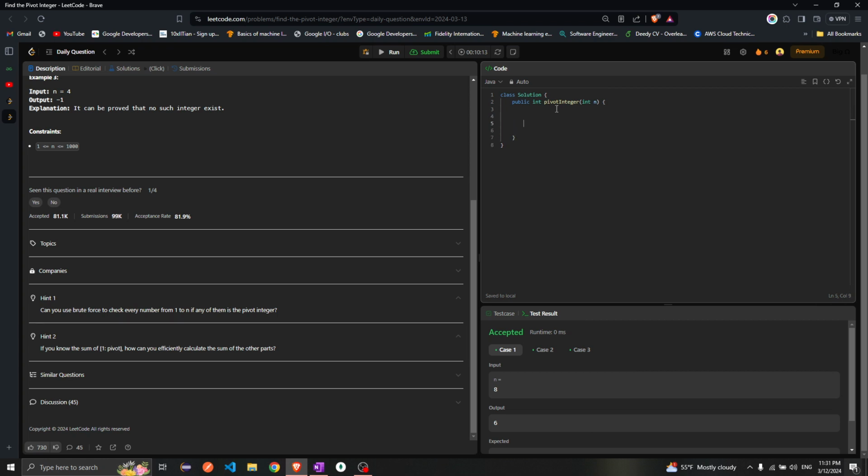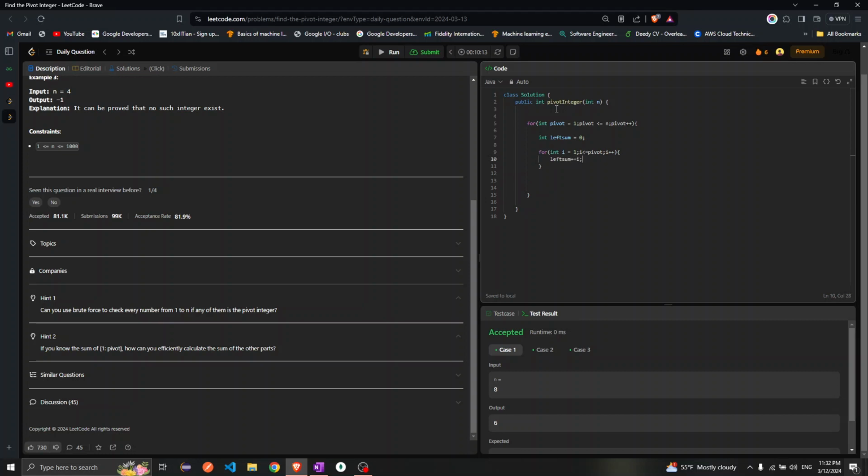So what I'll do is initially I'll take a pivot, int pivot equals 1. I'm sorry, my pivot starts from 1, pivot less than or equals to n, and pivot plus plus. I'll assume every element has pivot. So right now I'll take left sum equals to 0, and my i pointer goes from 1 to pivot, right? i plus plus, and